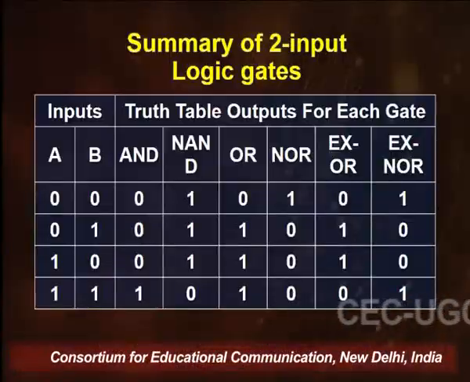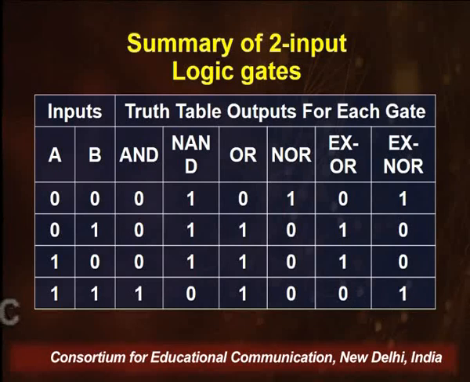Let us look at this table, which is just a summary of the output that our truth table has for all the gates together with minimum 2 inputs A and B. Each column represents the output that a NAND, AND, OR, NOR, XOR and XNOR will give you. We have not included the inverter or the NOT gate as we call it, because we are looking at a truth table with minimum 2 inputs. That is why the NOT gate has not been included in this truth table.